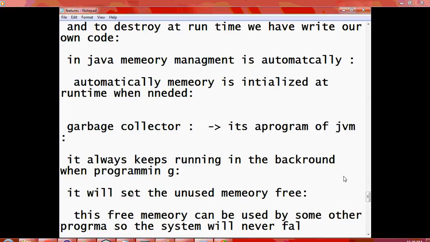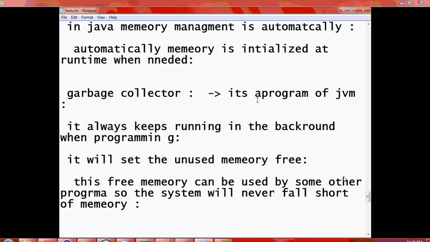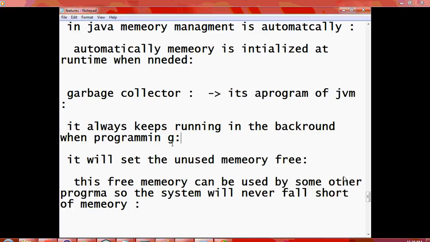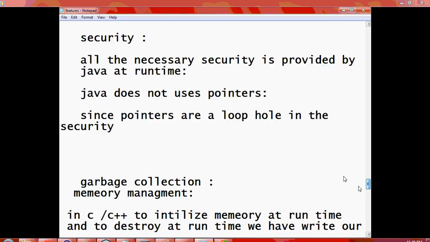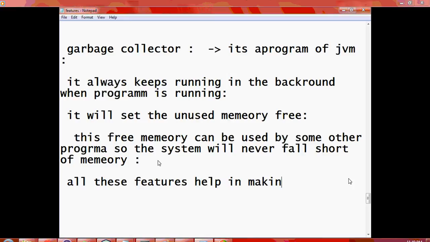Now, the system will never fall short of memory. You might have seen many programs that indicate that enough memory is not available and all those things. While you are working with all these things, your program will never fall short of memory in any case. It always keeps running in the background when the program is running, setting the unused memory free, which can be used by some other programs. Right. So all these points together contribute to the robustness of our programming language. All these features will definitely help in making the Java programming language